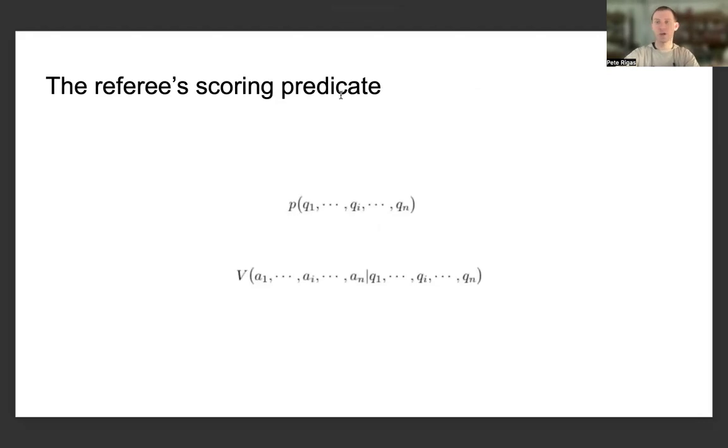And the referee scoring predicate, which we have been talking about, which is of use in both two-player settings and multiplayer game theoretic settings, is given by the predicate V, which is a function of each one of the questions, little q sub I, which are distributed to each one of the players, countably many questions from the referee's probability distribution, as well as the answers, as well as the questions that are distributed to each player from the referee's